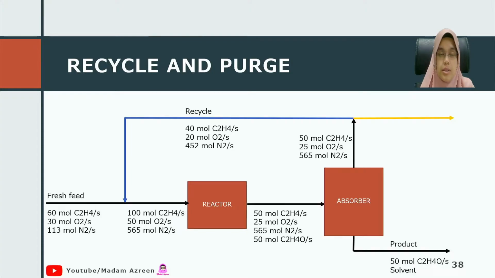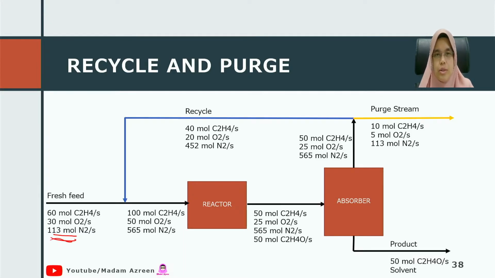Some of the chemical is taken as a product, some of it is recycled, and from the recycle stream we want to avoid accumulation, so we purge some amount of it, so that the C2H4 or maybe the nitrogen, which is the unreacted inert gas here,